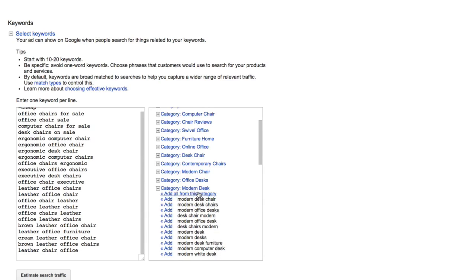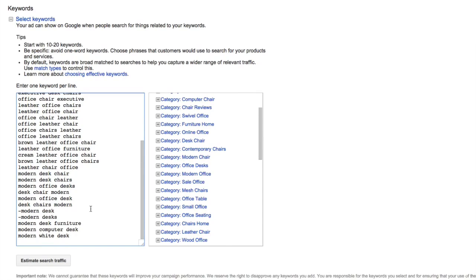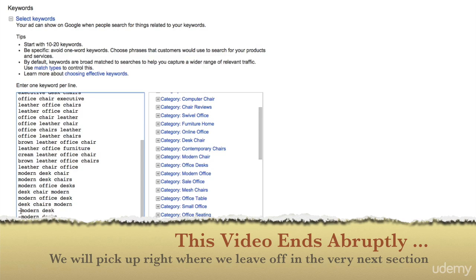And I'm going to add everything from this category as well because I like everything I see, except for here, modern desk and modern desks. So I'm going to add all, and then I'm going to find modern desk and modern desks, these two keywords, and add them as negatives. So now if anybody searches for modern desk or modern desks, we won't be eligible to show our ad. But what's the problem? Did anybody catch the issue? Well, I hope you're thinking that if I just leave it as a broad match negative, then if somebody searched for modern desk chairs, I will also not have the ability to show an ad. It won't trigger our keyword. So the solution is to make this a bracketed exact match negative. So I'm going to